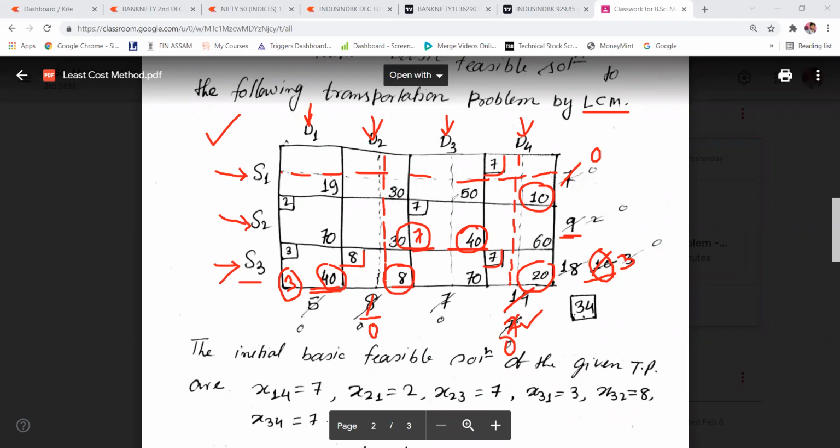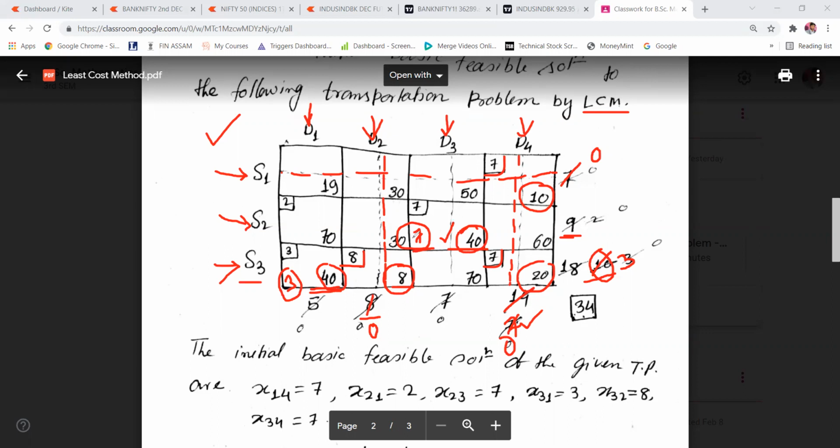So at first you need to make the allocation in this cell, not in this cell. How much can you make here? You can make 7, because comparing the demand 7 and supply 9, the minimum is 7.